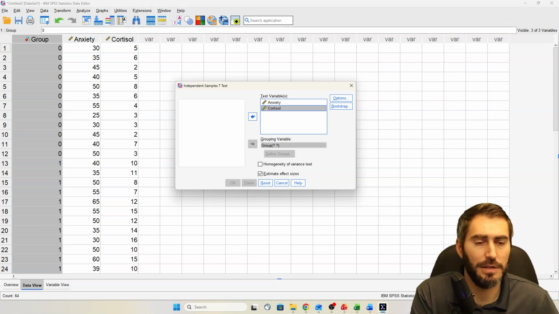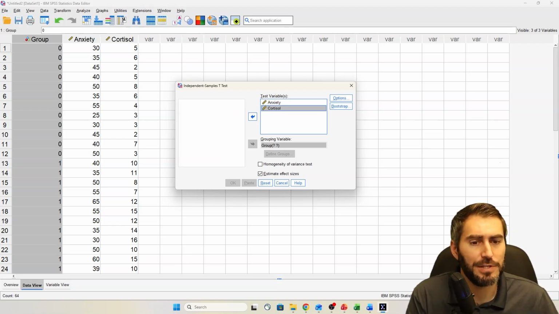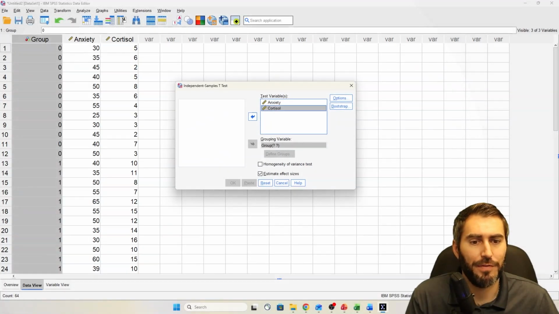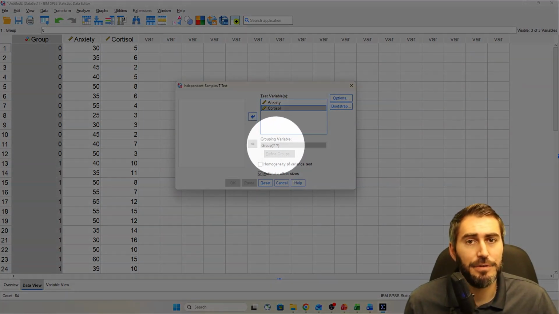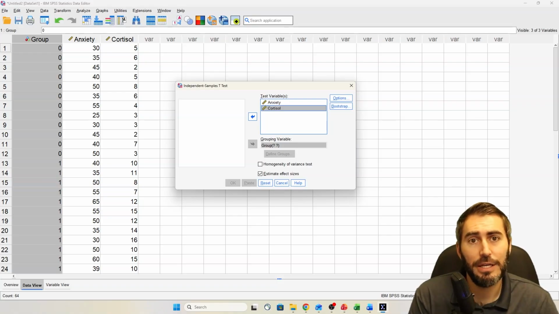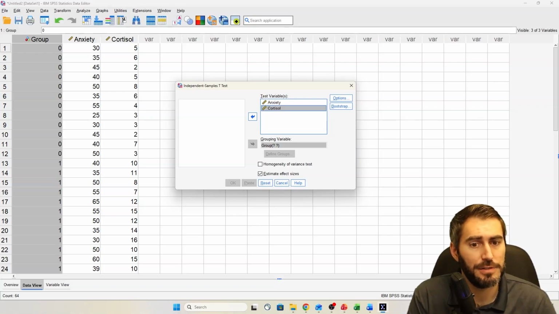Now notice, with all of these in, it doesn't let me select OK. So I actually can't push this button and run this test yet. And the reason for this is that I have to define what my groups are. So one unique thing about a t-test design is that it can only measure differences between two groups, no more, no less. So what that means is, while yes, we only in this case have two groups in our data,